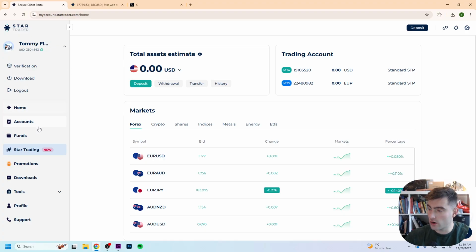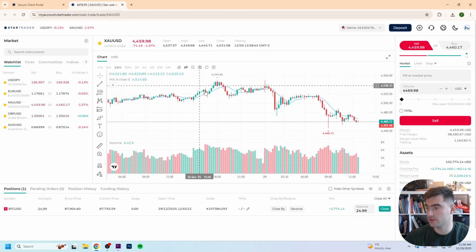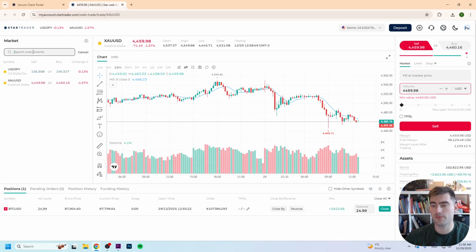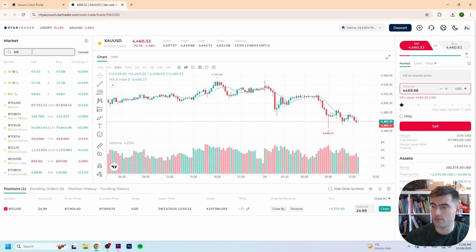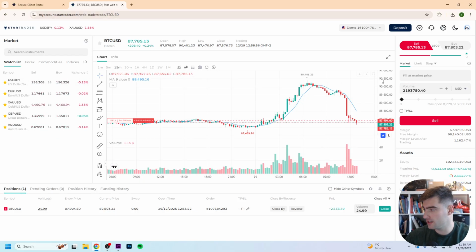For this we go to StarTrader right here. So we have our StarTrader account opened right here. And then first of all we need to search for something that we want to set a stop loss on. So let's say we want to set a stop loss on Bitcoin. Then we click on BTC USD and then from here we want to click right here on buy,